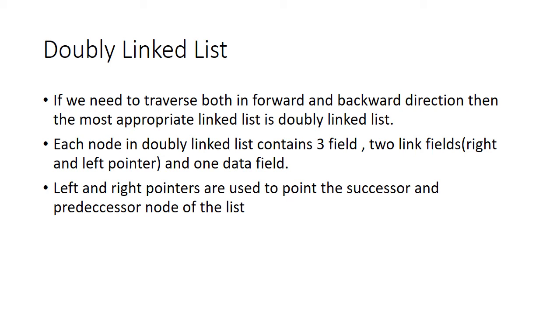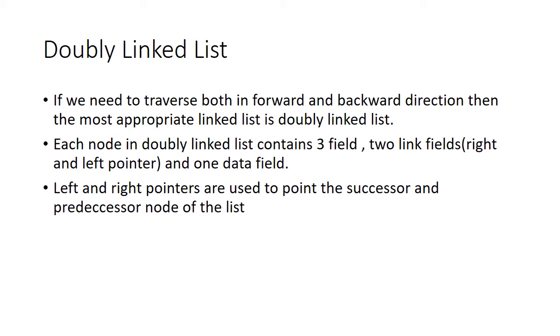But here in a doubly linked list, we are creating two links between the two nodes. Therefore, compulsorily, instead of having two parts, we should have three parts. That is, we want a node wherein there should be a left pointer, a right pointer, and a data field. In between, I will be having the data field, I will be having a left pointer which points to the left node, and there will be a right pointer which will store the address of the right node.